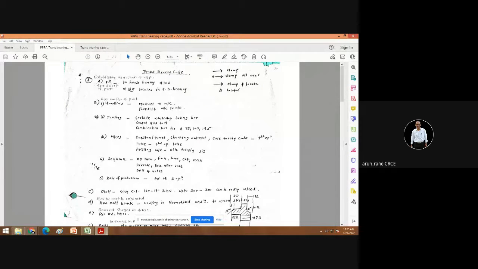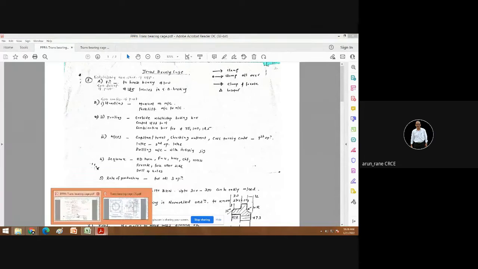Then the general configuration of the part. You have to name it like this only, A, B. So handling. In order to understand handling, you need to calculate the weight of the component.